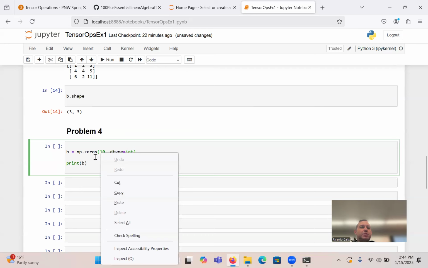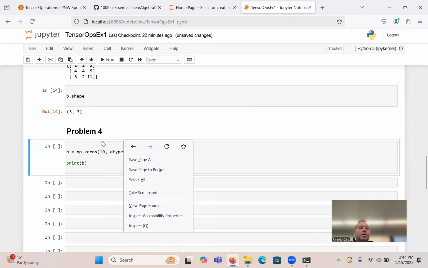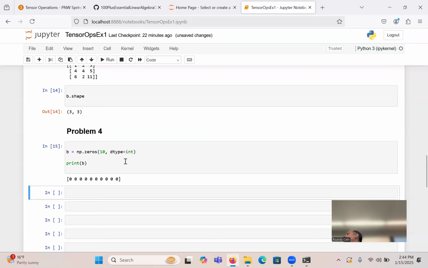So you can see here, I'm saying I want a NumPy array of zeros that has 10 values in it, and the data type, by the way, is integer. So I'm going to go ahead and run that. And there you go. There's my vector of zeros. Questions? We can try other things like